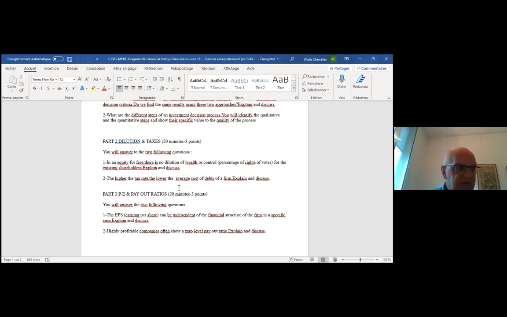And of course, if you decrease the cost of debt, you have an impact on several other basic elements in corporate finance, such as the weighted average cost of capital, which takes into account this cost of debt after taxes. And if you reduce the weighted average cost of capital, you improve the net present value of your investment, you improve the global or total return of the firm's portfolio of investments, and the different returns, whatever they are, and particularly for the shareholder.